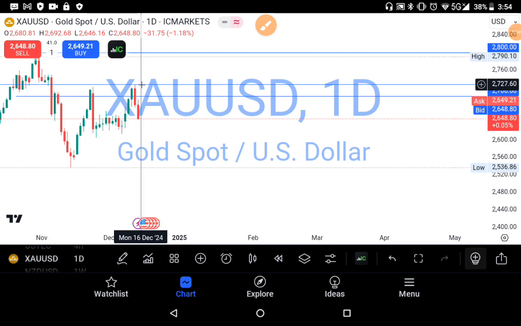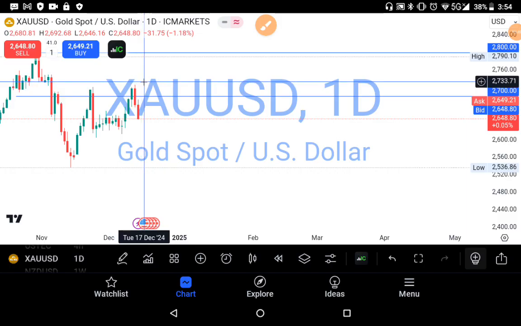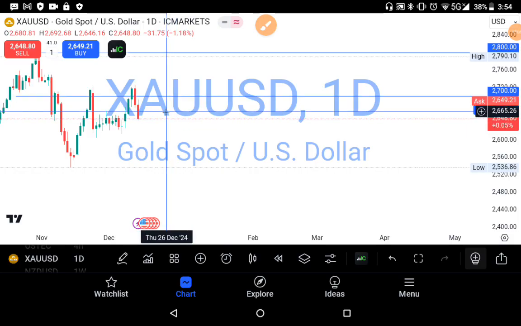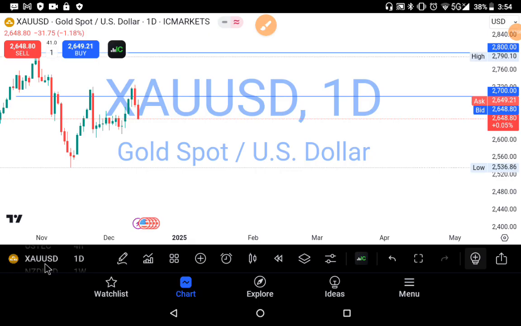You should see a movement above 2,700. You should see a movement towards 2,730. So if you are coming down, I'll be going for 2,600. If I see the movement up again, I'll be trading towards 2,730. So last but not the least,